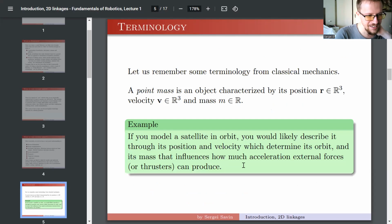All right, no questions. Okay, so first, before we start with the serial robots, let us remember some terminology from classical mechanics. So first, a point mass. A point mass, you can think about it as just a tiny, tiny thing which has a mass, right? It is an object which is characterized by its position in 3 dimensions, and its velocity in 3 dimensions, and a mass